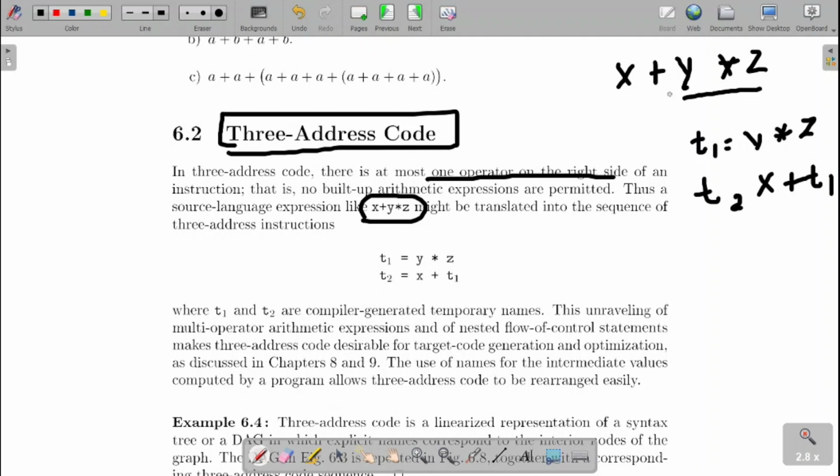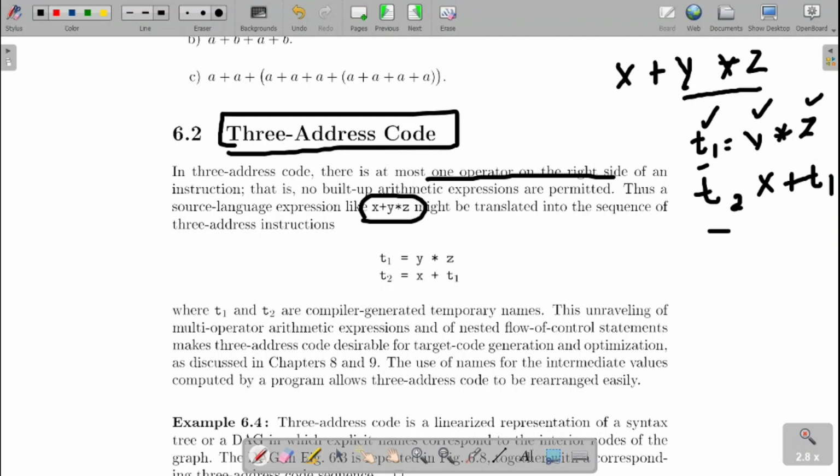Here there are 3 addresses: the temporary variable 1, the address for y and the address for z. 3 addresses indicate 3 operands, 2 operands and 1 to hold the result. T1 and T2 are called the compiler generated temporary variables.